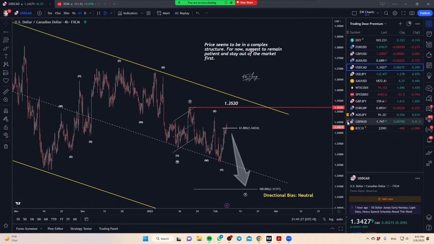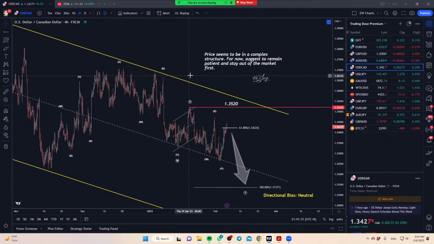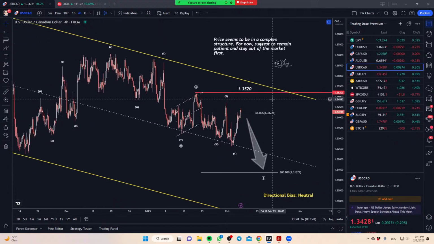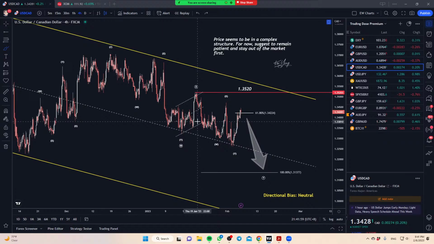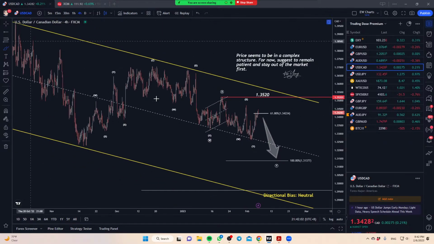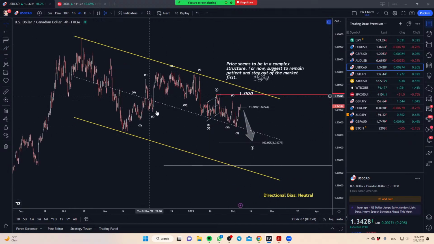Okay, dollar CAD is the one that I think is still not that clear. The dollar kind of strengthened, but I think overall the Canadian dollar is not that weak either. That's the reason why we see this little choppy move, but the entire market on dollar CAD is kind of contained within a range environment at this moment. Maybe this week's Canadian labor market might give us more clues. But for now, this isn't a very clear-cut structure, right? It's complex. It's not easy to decipher in terms of what the wave count is and things like that.